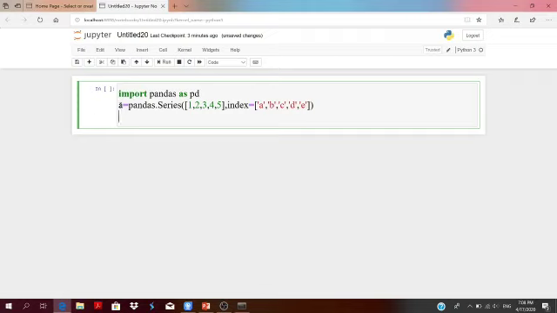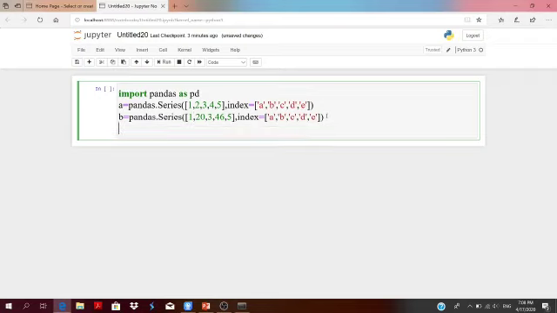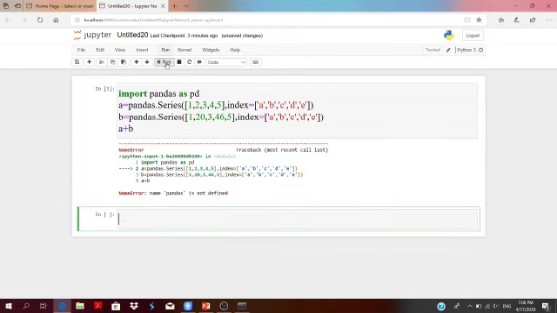Similarly, create another series, b, and change some of its elements. Now if you add these two series, their corresponding elements will be added.